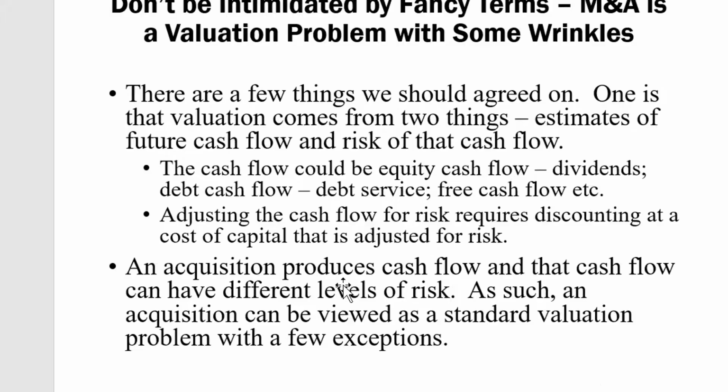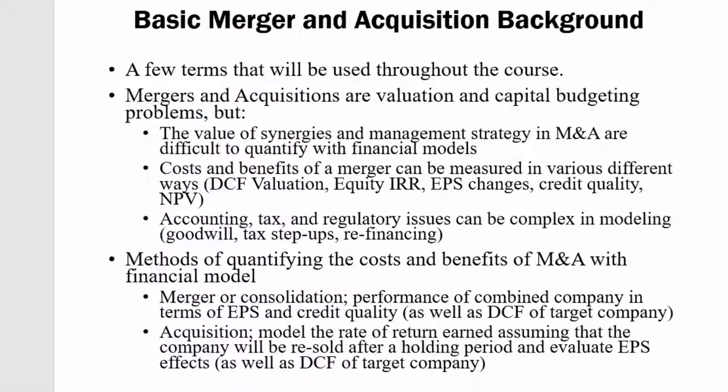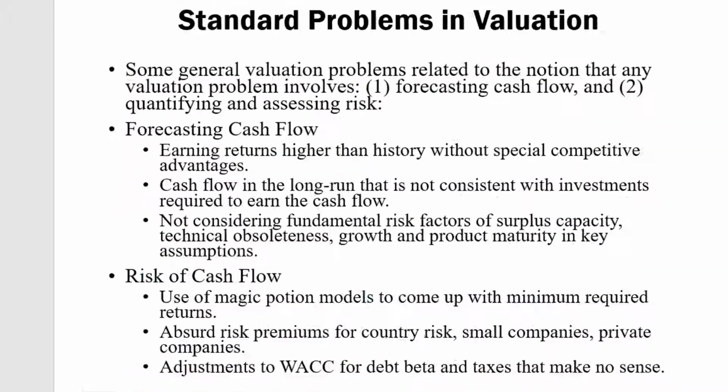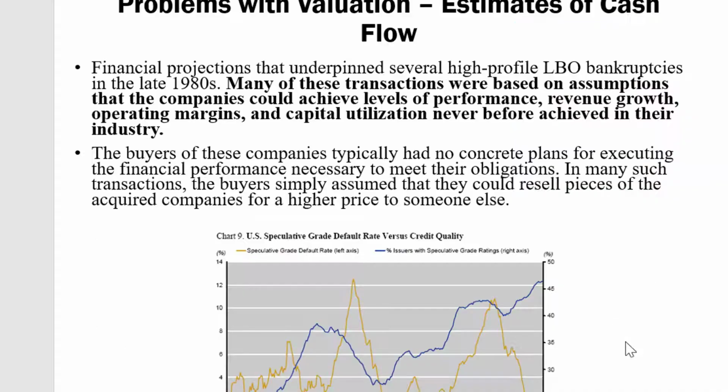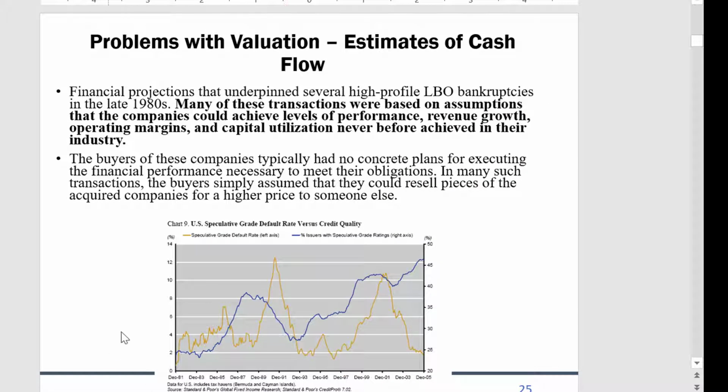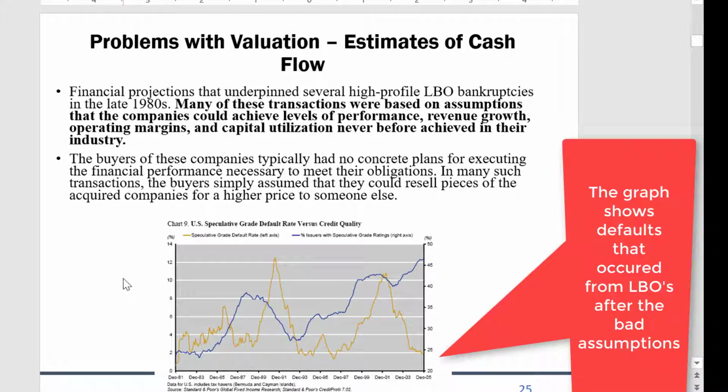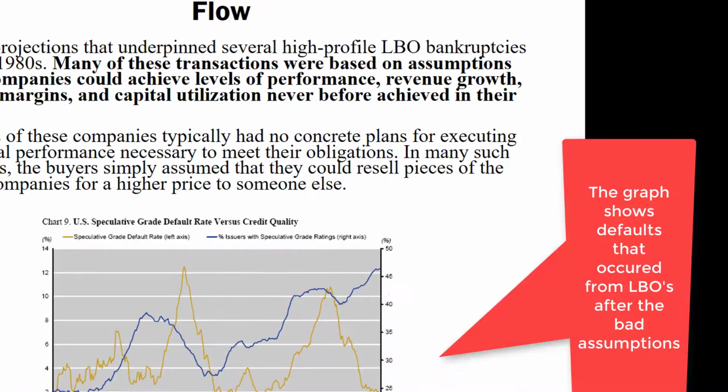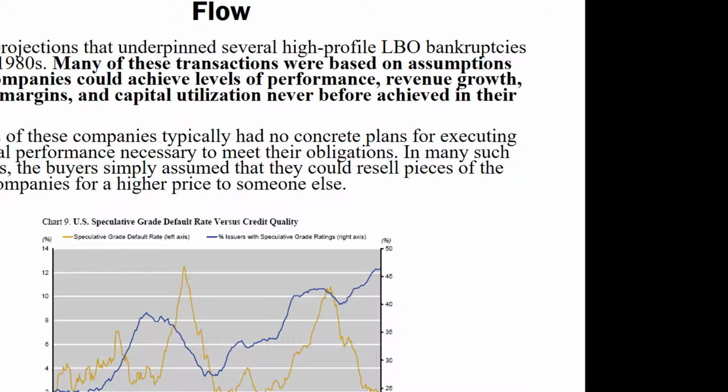There are kind of two things you got to do: future cash flow and risk. The big problem with all of this is that this is way back, 1980s, LBO boom, Drexel Burnham, okay, and what's his name? And they were doing. There was the LBO boom, but here's the point: